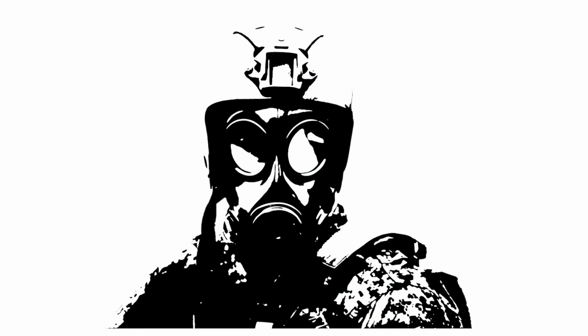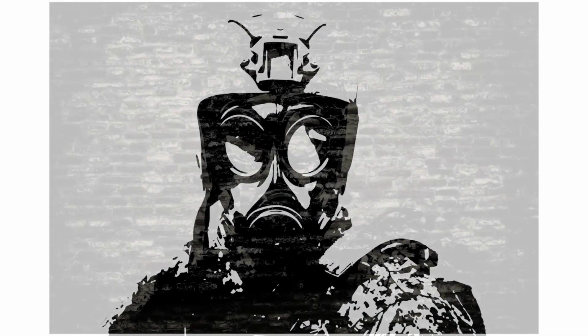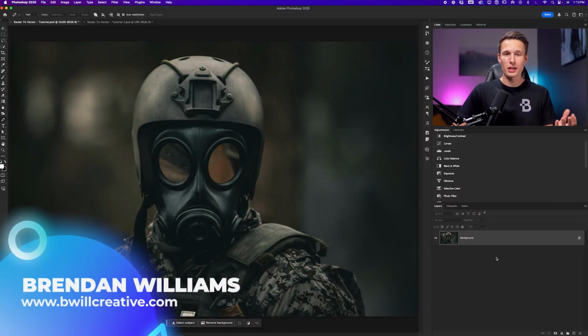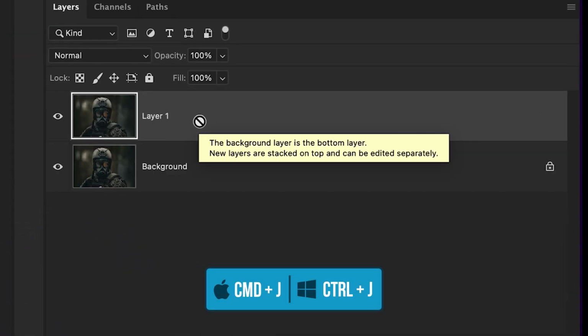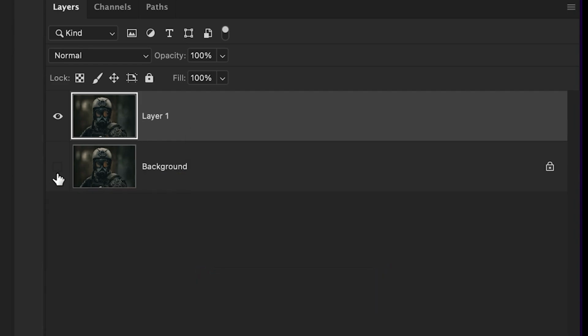You can convert a raster image into a vector in Photoshop using a few simple steps that I'll break down now. The first step in the process is to duplicate your image layer so that you always have a backup. So I'll click on my background layer and press Command or Control J to duplicate it. I'll then disable the visibility of the background layer, and we now need to remove the background of this duplicated